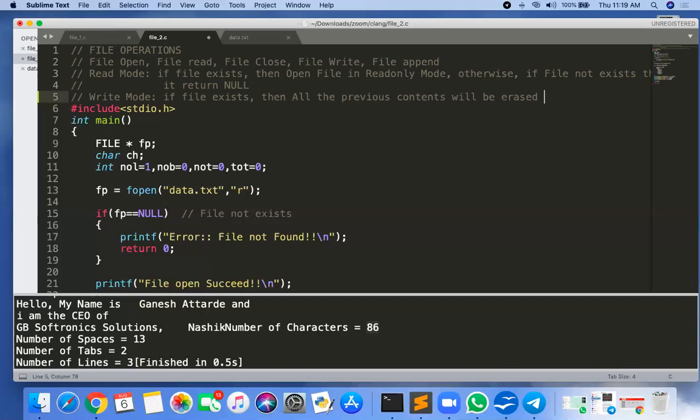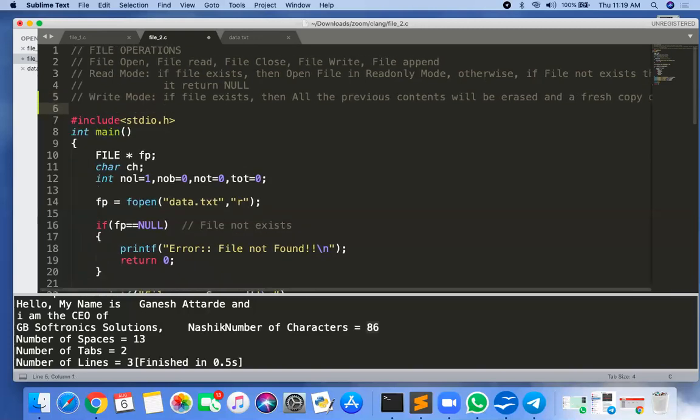It will be erased, and a fresh copy of the file is ready, ready to write.